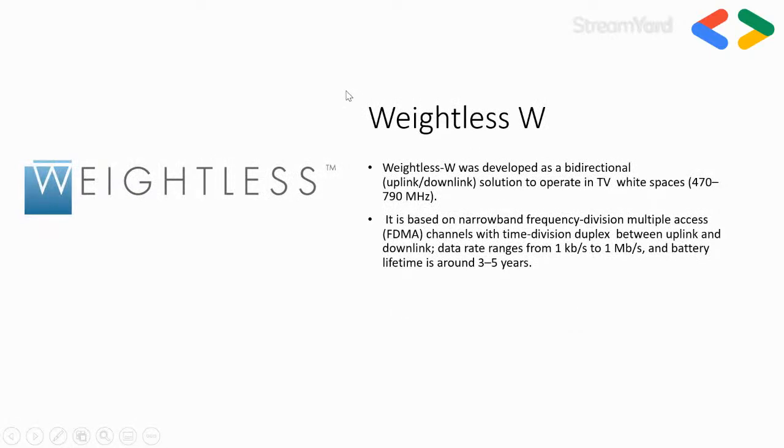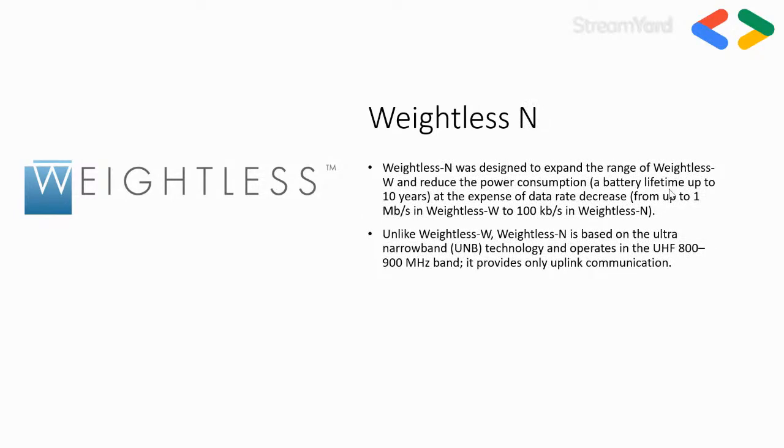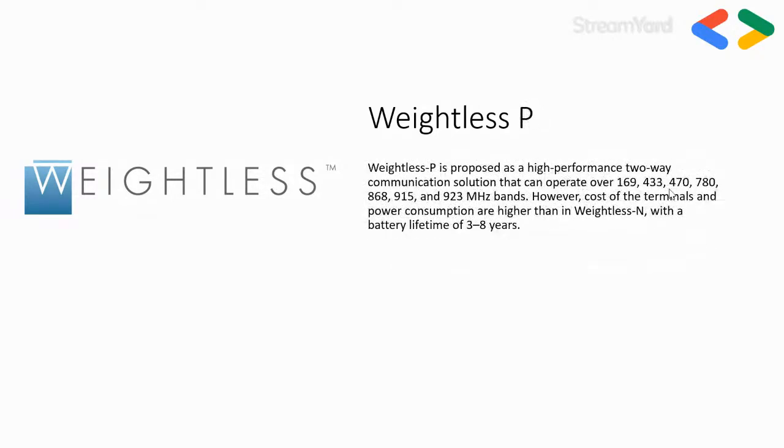Weightless has three sets of protocols, W, P, and N. They operate in the TV white spaces. White spaces are within the spectrum of the TV, but the empty gaps within the TV space. We don't need to worry about their details, you just need to know that there is Weightless N, P, and W. Okay.